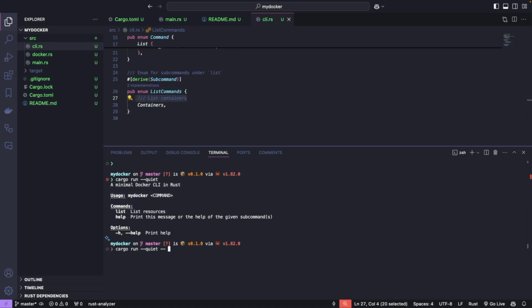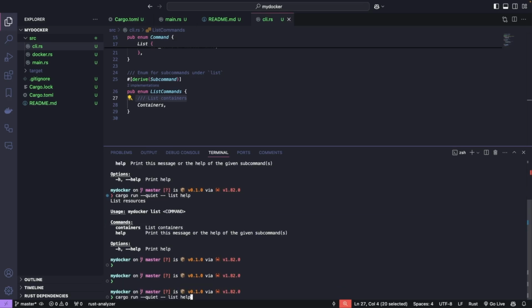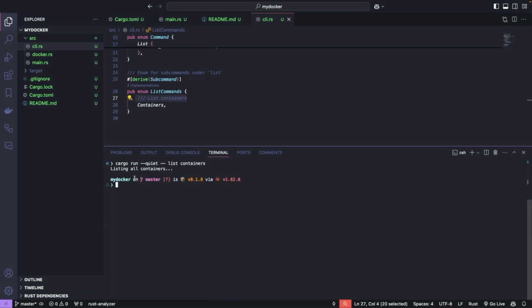We can also expand. So we can write list help. And this is going to give you that my Docker list is this command, and here's how you can use it. So you need to pass something else here. Either you can pass containers, which is going to list containers, or you can pass help, which we just did. So if you're going to pass list containers, it's going to give us the print statement, which is listing